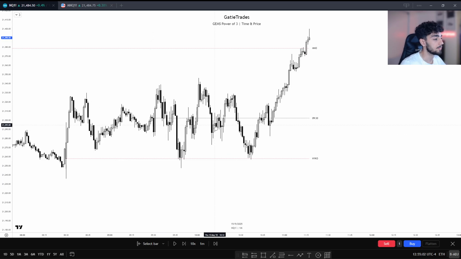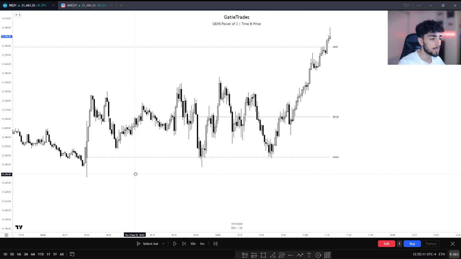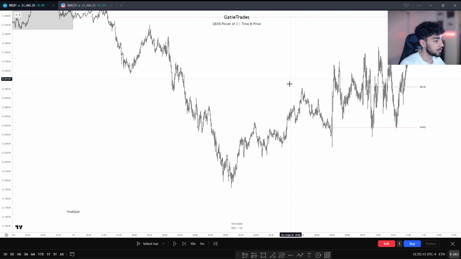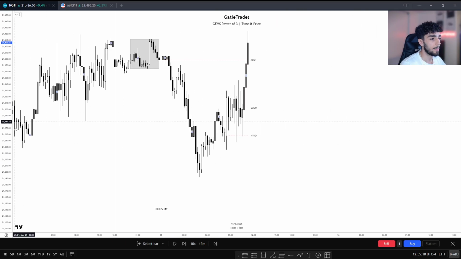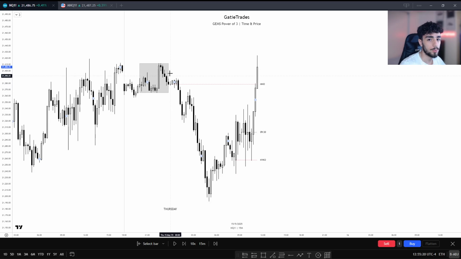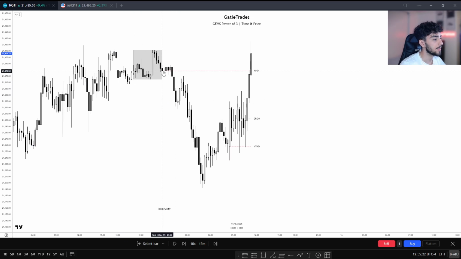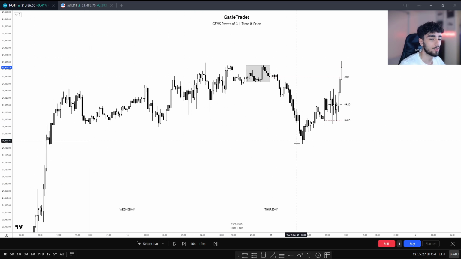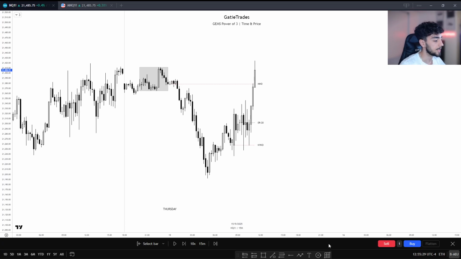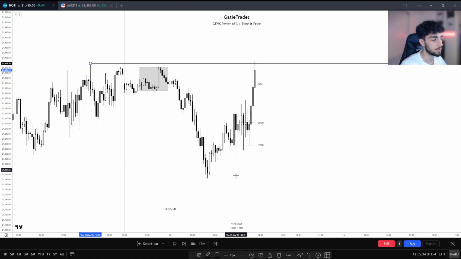Today we did end up taking some losses, but the idea we wanted played out, and I'll go over the narrative, exactly why I was looking for longs from the New York Kill Zone opening price, 8:30. So very simple. We're bullish on the day. And let me go to the 15-minute chart before we move forward. So this is midnight opening price. You can see we have accumulation here, right? So midnight opening price, and we see a sell-off. In a bullish market, we see a sell-off overnight. Very typical, especially when we're going to leave equal highs right here, that we are going to see a reversal.